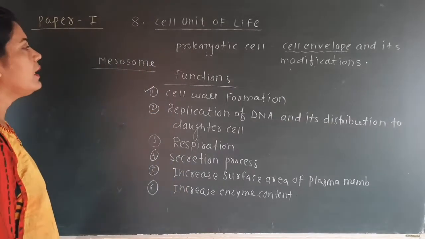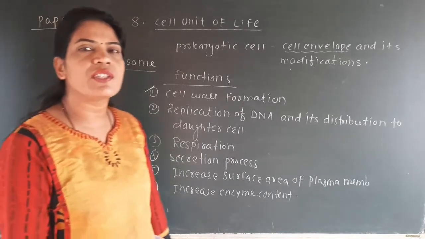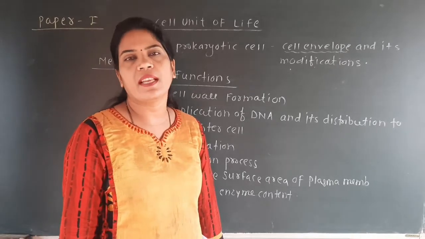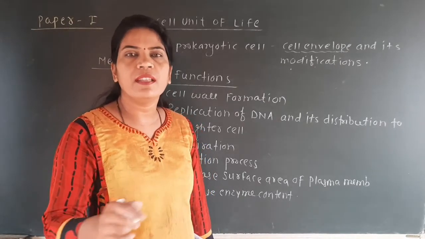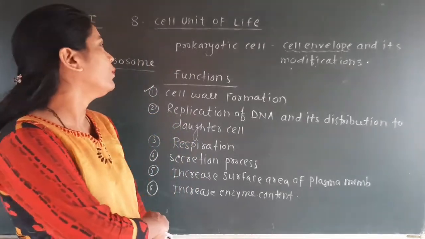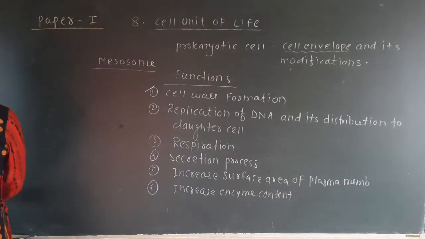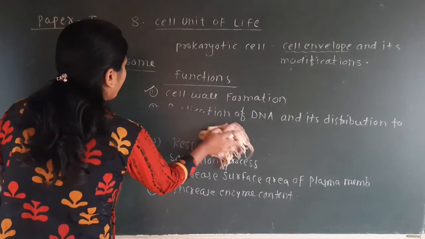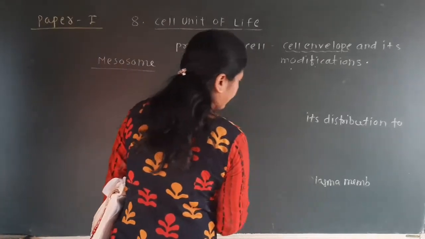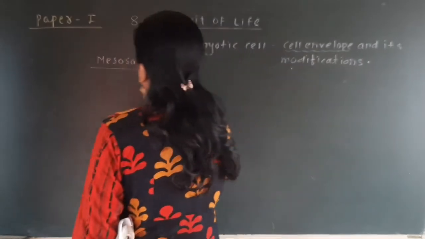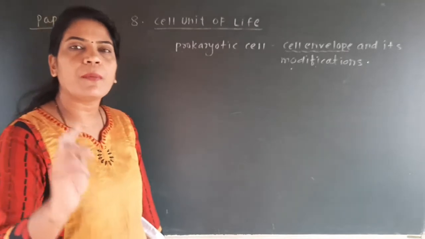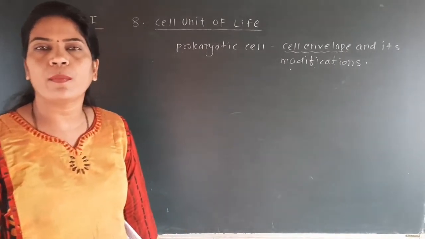Now students, here is another important extension or modification of the cell envelope that we are going to see in the blue-green algae. Here we have seen the modification of the plasma membrane in the form of mesosome in the bacteria. Now here is another modification that we see in the blue-green algae. So if the question is asked, mesosome is the modification of, then you have to write the answer only bacteria. It is not present in the blue-green algae or the mycoplasma or the PPLO.